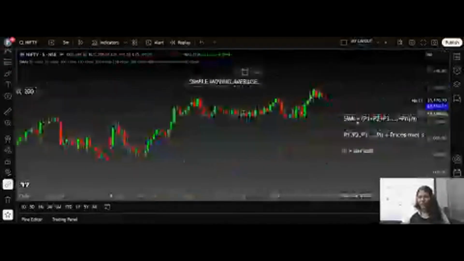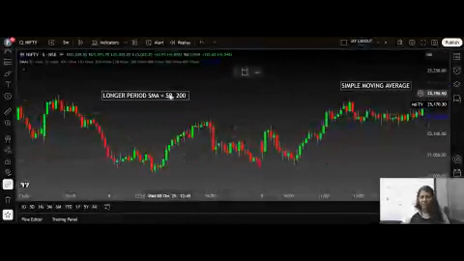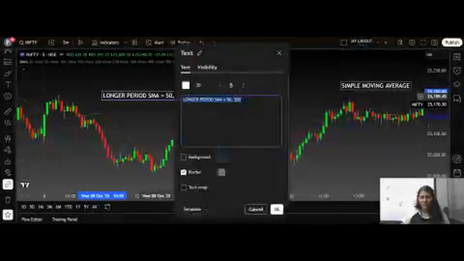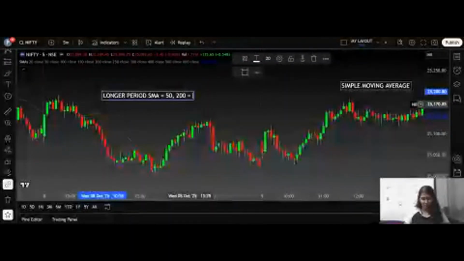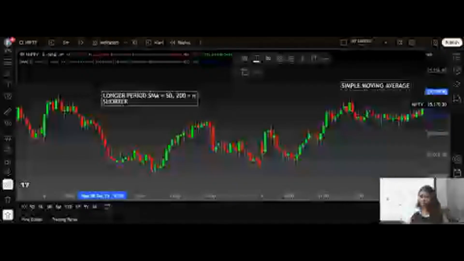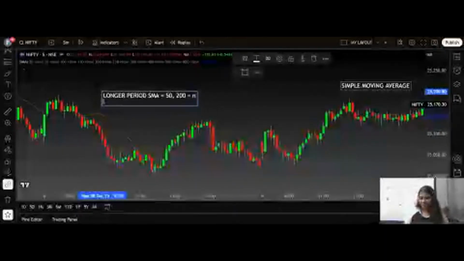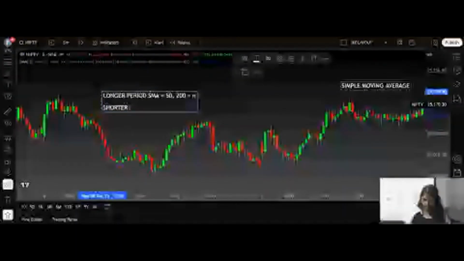Here we took 20 as N. Longer period SMA means 50 or 200 will be your small n. Similarly, another SMA is, what will be the inverse of longer? Shorter period SMA. In shorter period SMA, the n will be shorter than the longer period SMA,